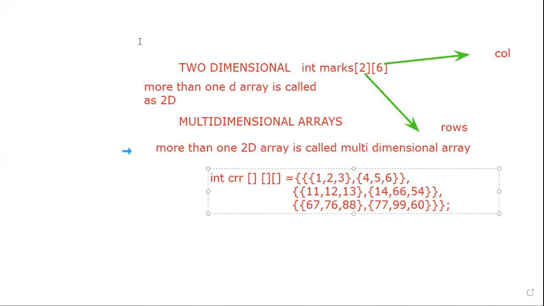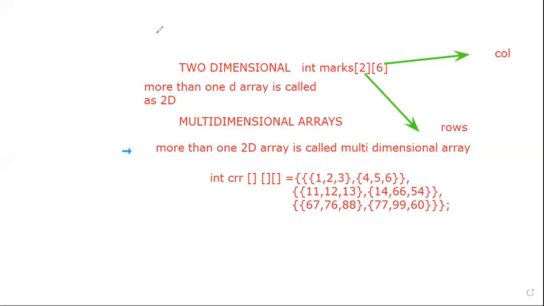Okay, this is how. See here, with the help of the 3-dimensional array, I am representing the 3 departments' student marks.